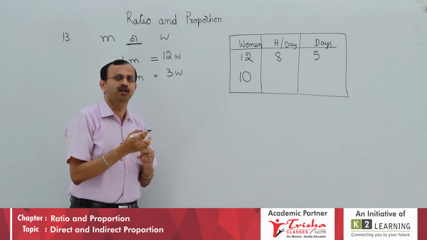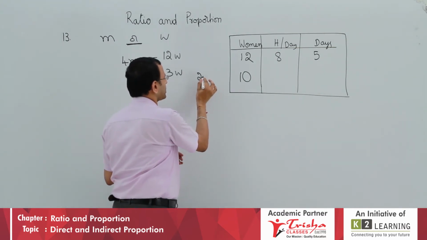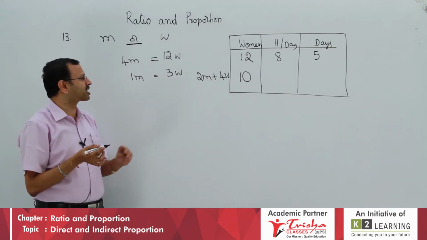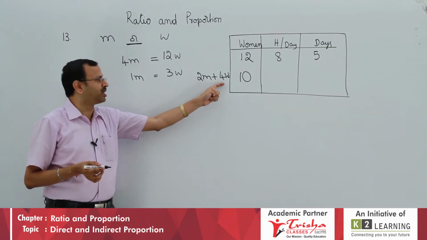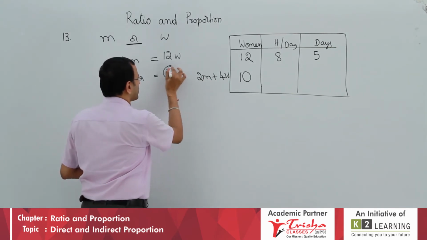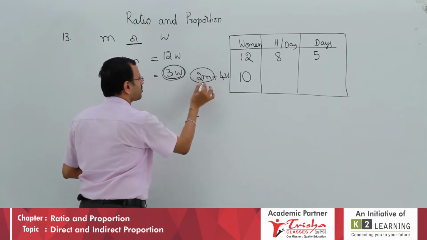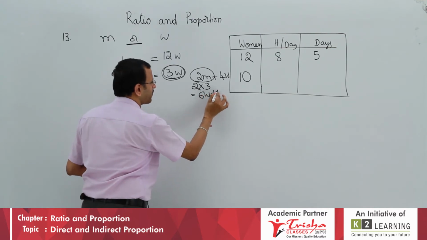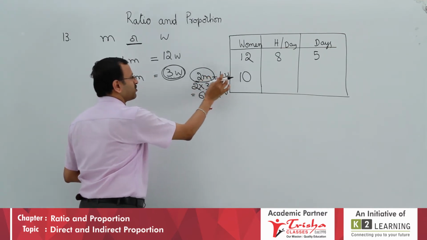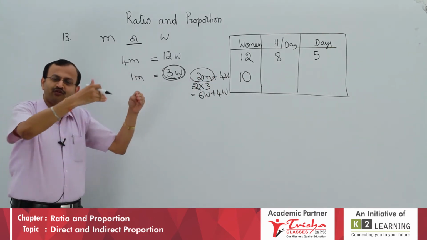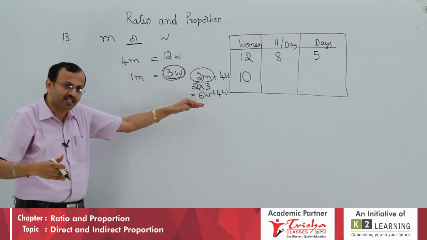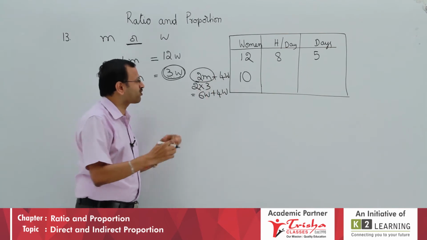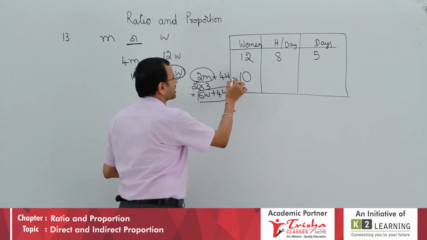The second part is about 2 men and 4 women. Sorry, it is 2 men plus 4 women. I converted and I have written 10 women. How do you work it out? 2 men plus 4 women. 1 man is equal to 3 women work, so 2 men is equal to 2 into 3, 6 women, plus 4 women. I cannot add men and women in this question. It is 2 men and 4 women. 2 men work is equal to 6 women work. Therefore, 1 man is 3 women means 2 men are 6 women. 6 women plus 4 women, these two together you can write as 10 women.